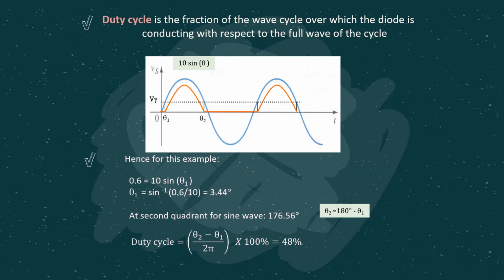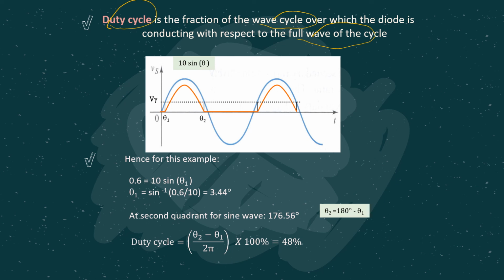Now we need to understand the concept of duty cycle. Duty cycle, as we discussed just now, is the fraction of the wave cycle over which the diode is conducting with respect to the full cycle of the wave. So we are considering one cycle. For this particular example,